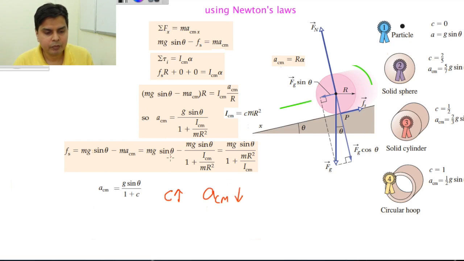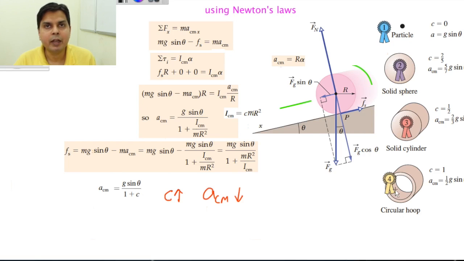I can give you a very simple physical explanation also why this will happen. As your C is increasing, suppose you concentrate here, the whole mass M is concentrated at one point. So I is effectively 0. In this case, for your solid sphere, the whole mass is distributed from here to here, so I is 2 by 5 mr square. In this case it is 1 by 2 mr square. In this case the whole mass of this circular hoop is concentrated at a fixed distance of r. So this is having the greatest I.